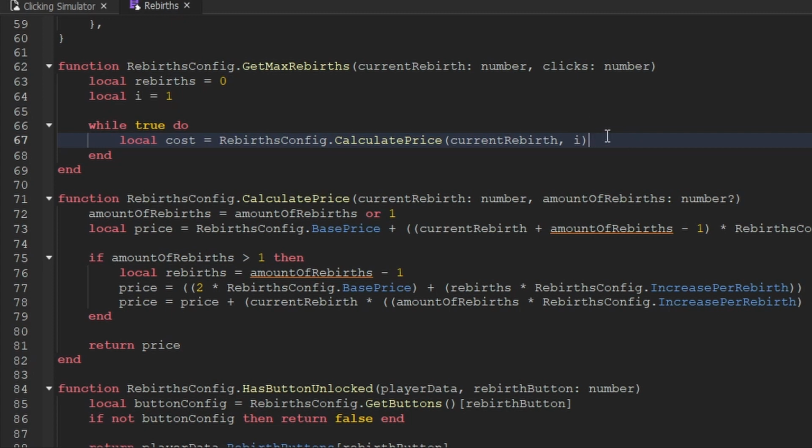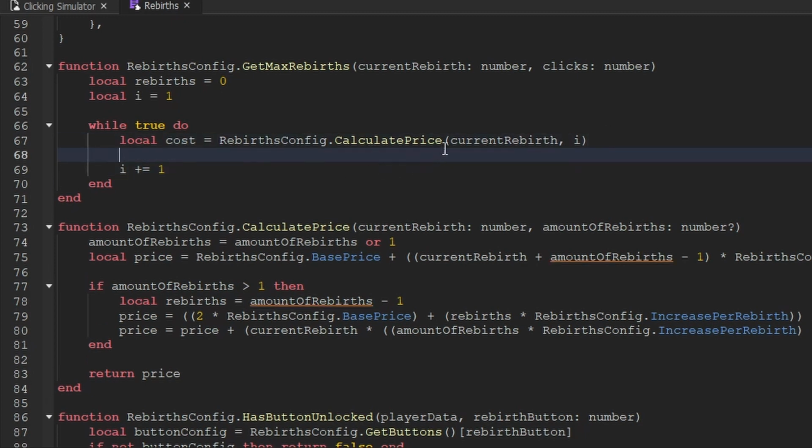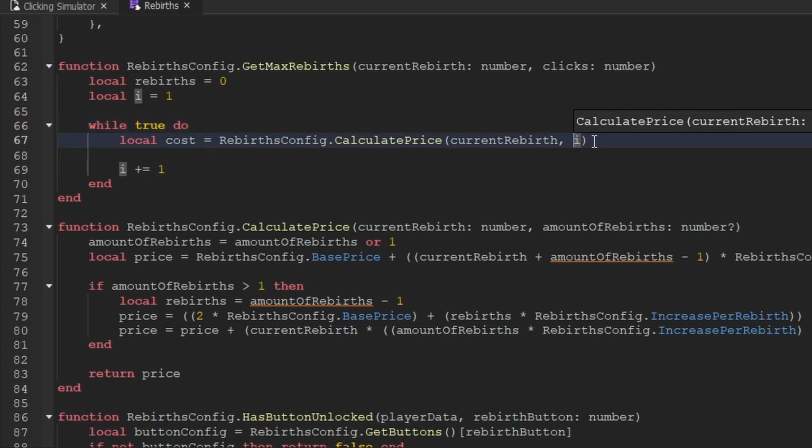And now if you're still not getting it, the next thing that we'll do is increase the I variable by 1 every single time the while loop actually runs. So now this should paint you a better picture. Every single time the while loop iterates, the I variable is going to increase by 1, and every single time it increases by 1, we're going to be checking for the brand new cost. So with the first iteration, we'll check if the player is able to afford 1 rebirth. Then we'll check if the player is able to afford 2 rebirths, 3 rebirths, and increase the number every single